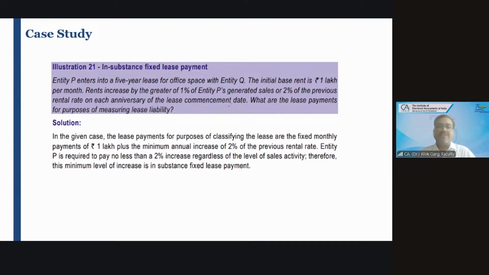Fixed rent is how much? Fixed rent is 1 lakh, 1 lakh per month. Okay, 1 lakh is the fixed rent, and rent increase by the